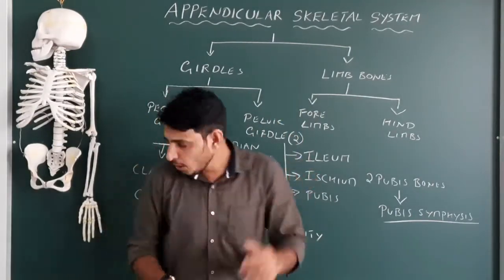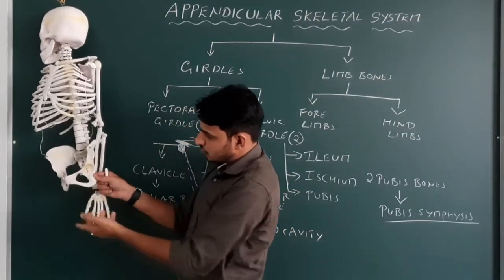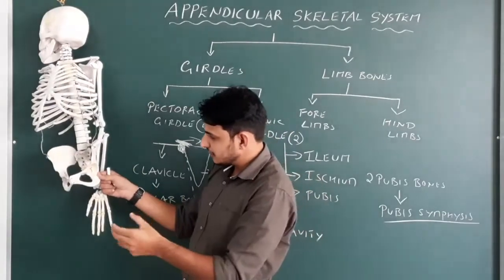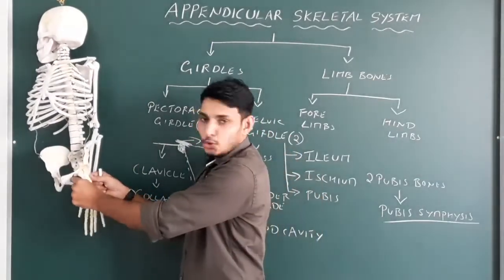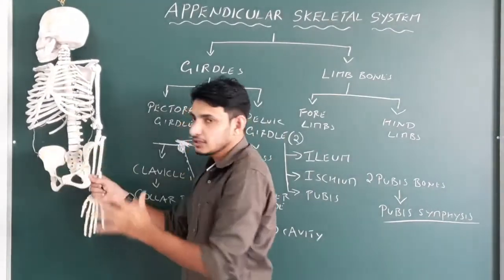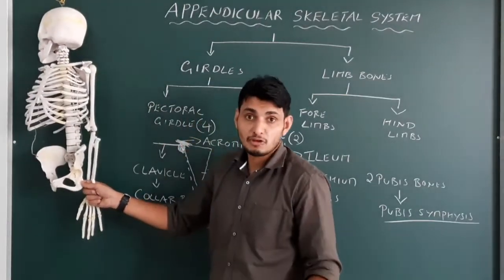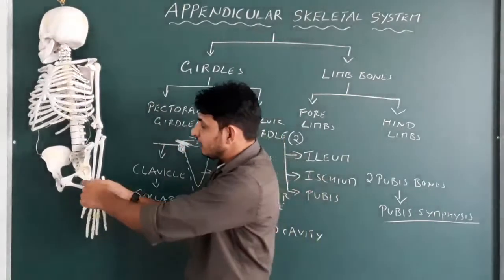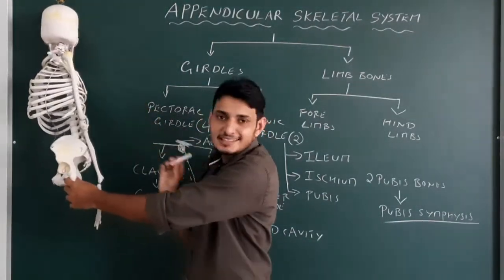Very simple. Now see here, you could see a big cavity. Many of the students get confused with that. They think that here the head of the femur bone is attached. No, it is wrong actually. This is the cavity present on each pelvic girdle, and this cavity is called the obturator foramen. The main function of this is, so we know that this is the vertebral column, and what is there inside the VC?